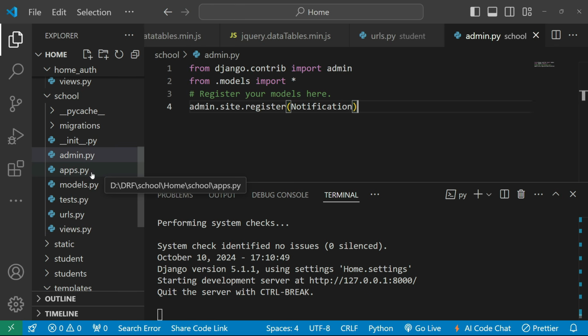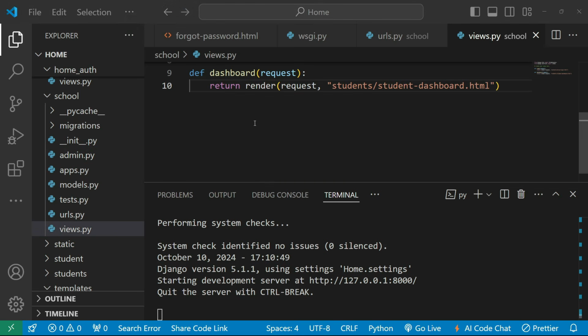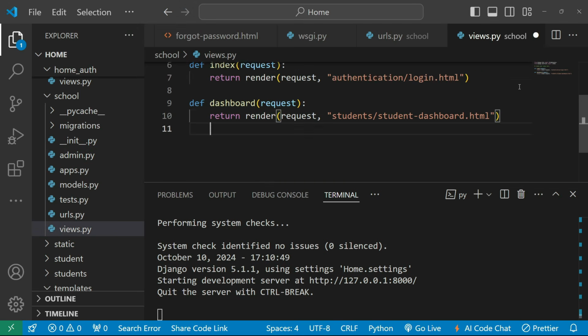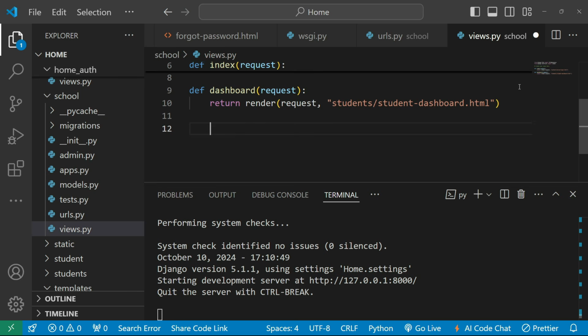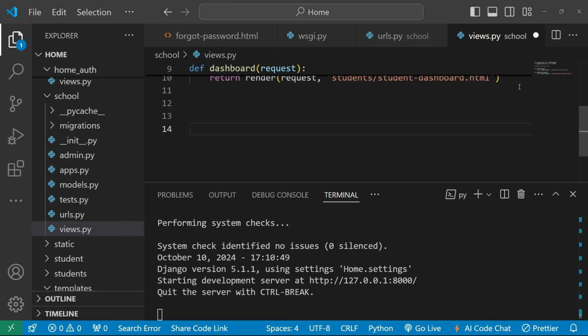We also need to make the changes on our views. So let me define the views here. On the views, we need to create two functions here. One is for the mark notification as read, and another is when the user clicks on the clear, then all the notifications should be cleared there. So let me define the function here. Def mark notification as read,